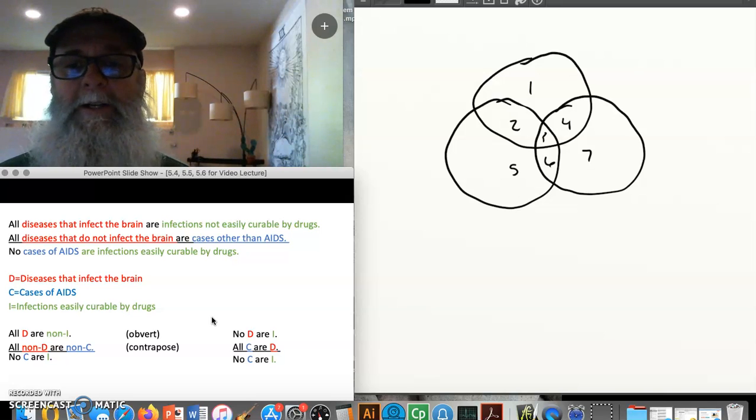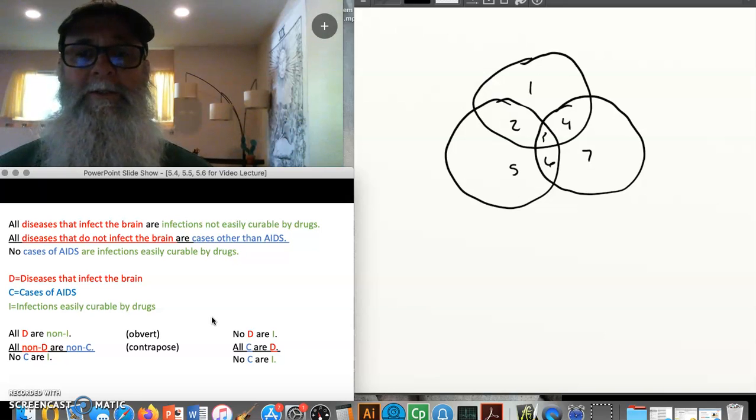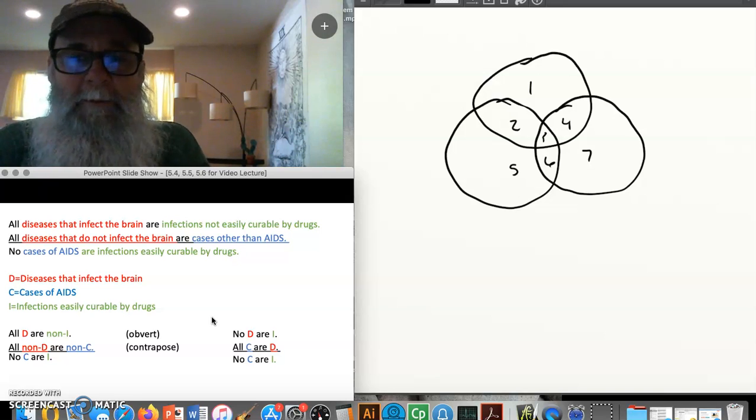Now I know that A claims, my second premise, only distribute the subject. So that D term is not distributed in the second premise. But the first premise distributes both its subject and its predicate, right? Because E claims distribute both the subject and the predicate. So the middle term is distributed in the first premise, and I've passed rule number 1.